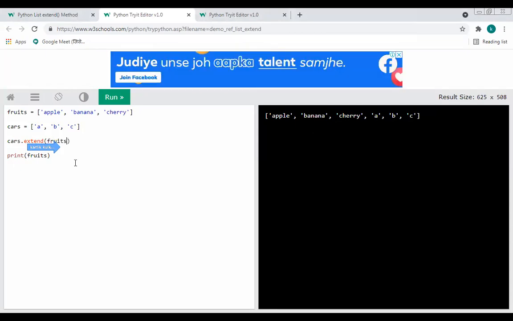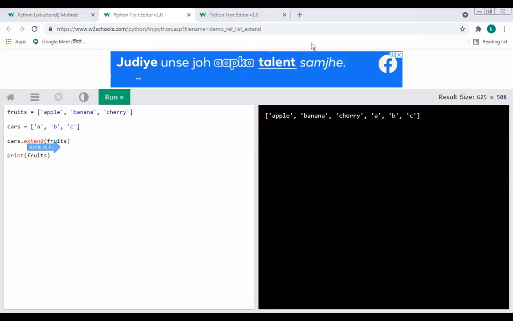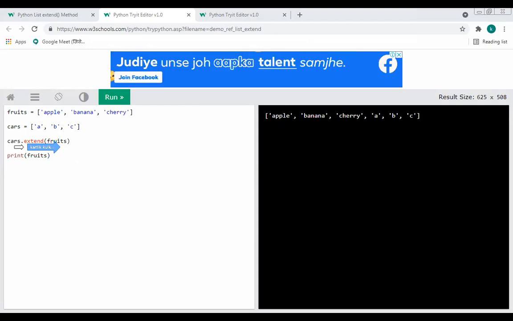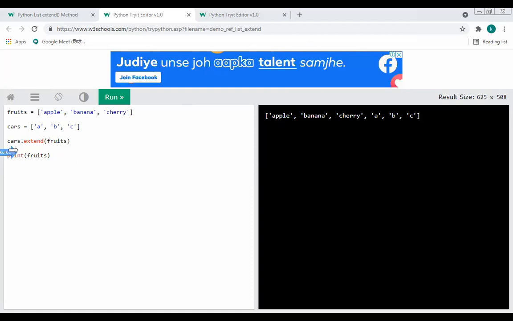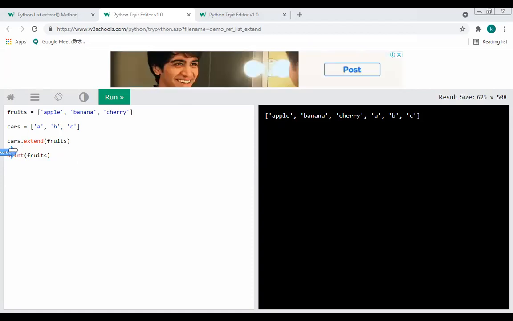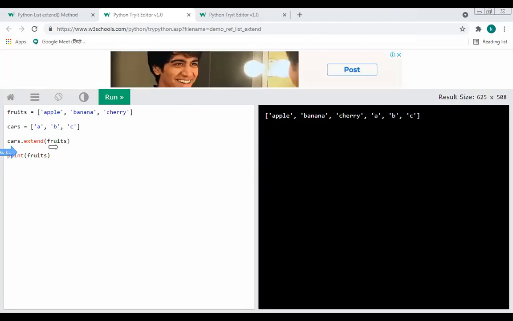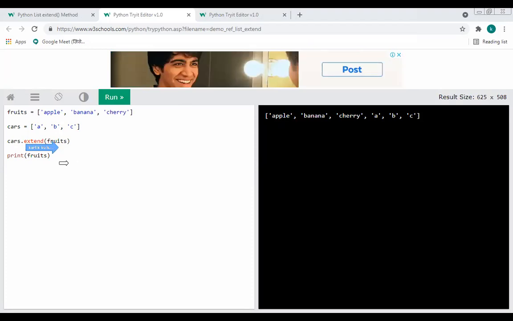What changes did I make here? First of all, I swapped the list name. I have written the list name cars first, and then I will be extending the fruits list.